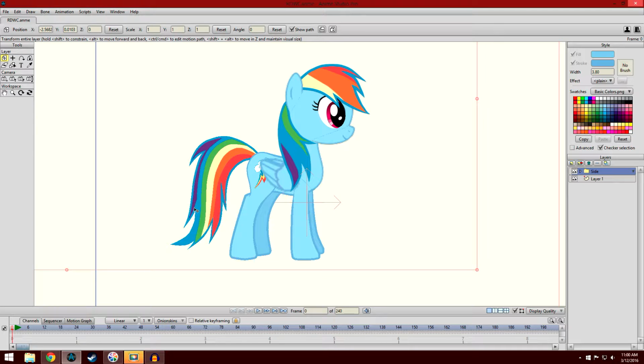Now, walk cycles can be a little difficult, or at least I find them rather difficult, because a proper walk cycle should include the whole body moving, or at least the majority of the body moving, not just the legs. I generally avoid using walk cycles, or rather, I use them, but I try not to have scenes where characters are just walking from one side to another. I usually prefer a little bit more action than that,